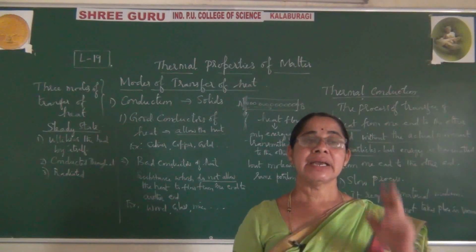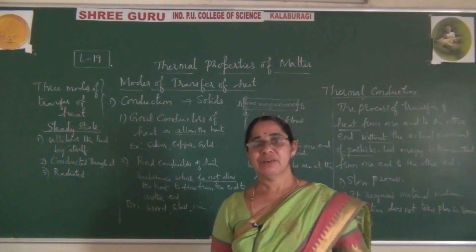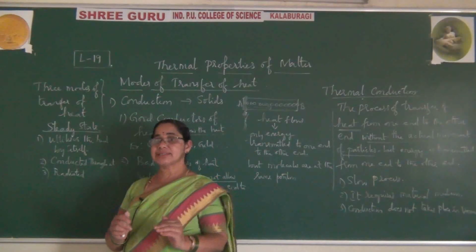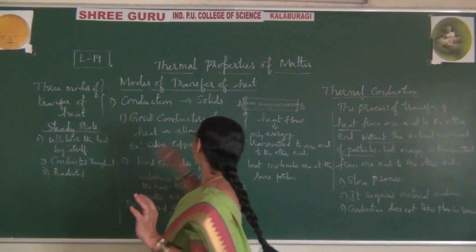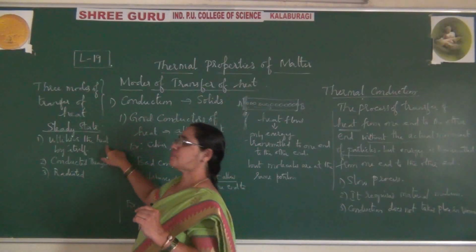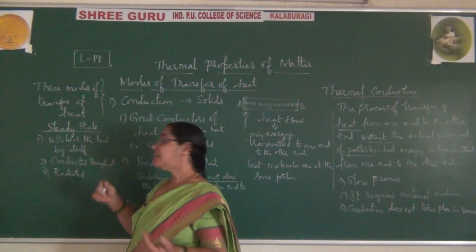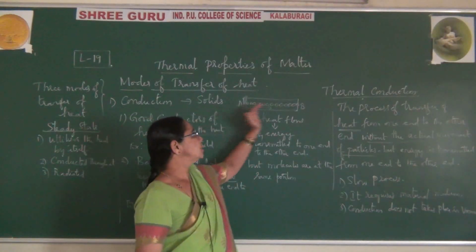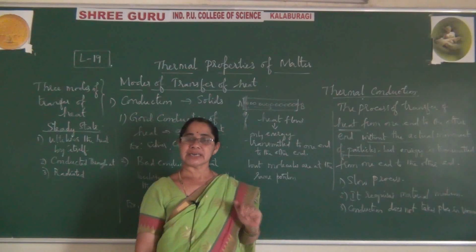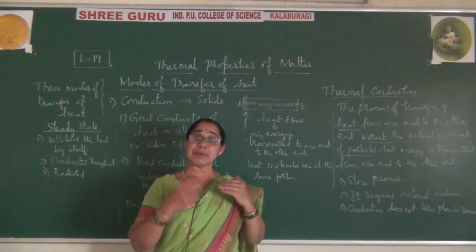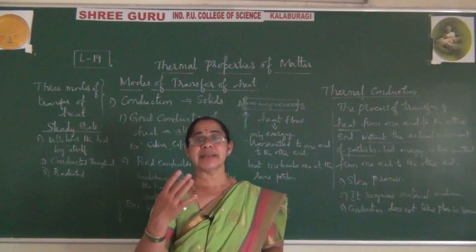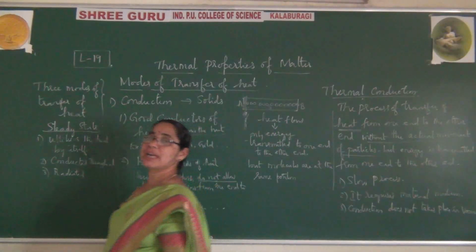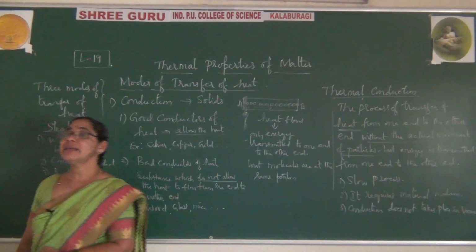That heat is utilized in three ways. First, the substance utilizes the heat by itself, the heat supplied to it. What's the second point? It starts conducting throughout. Third point: after completion of conduction, it starts radiating. So these are the three steps you can come across to explain one steady state.